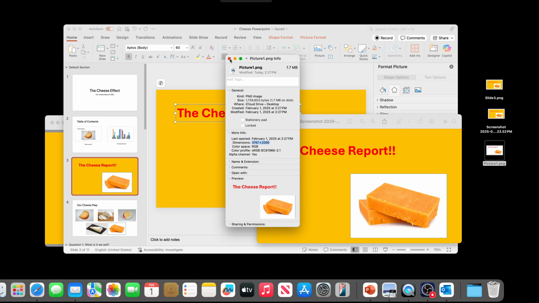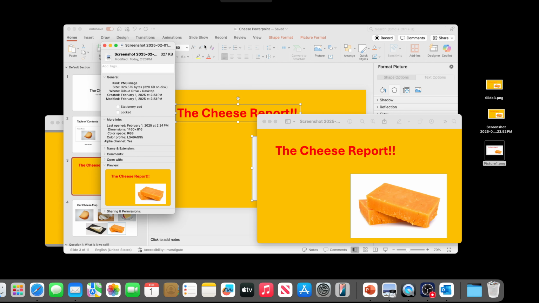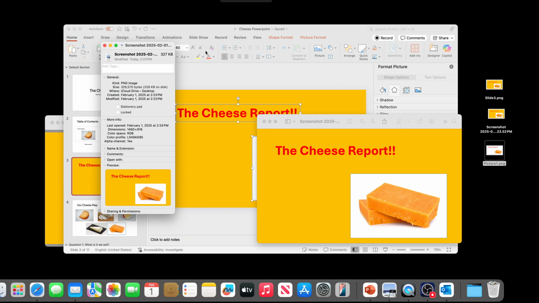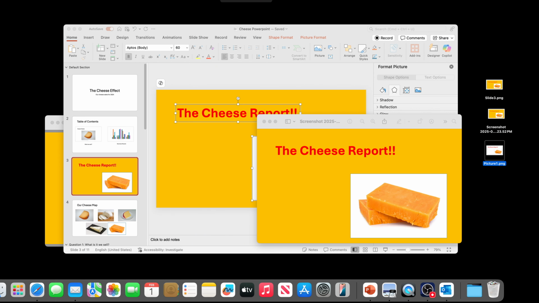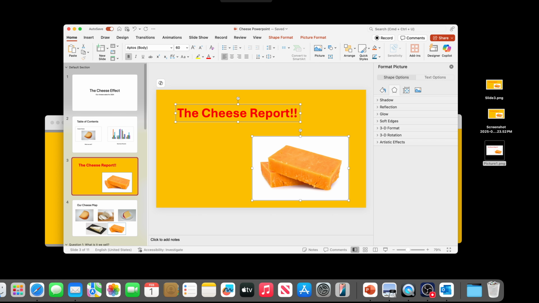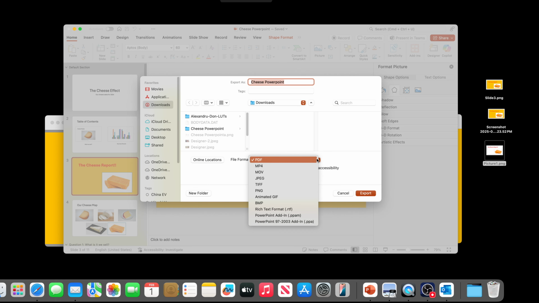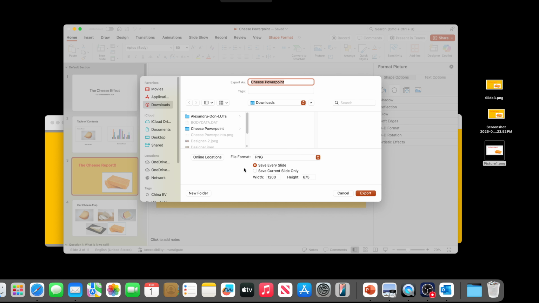Another thing which I think is beneficial as well: sometimes you might be looking at a series of images from the PowerPoint you want to share. And if you did screenshots, you'd have to go slide by slide by slide, select each individual one, copy it and go back. You might get it wrong, you might have to do it again. One of the things you can do inside PowerPoint is go back to File, Export, and instead of PDF, I can choose PNG. And I have the option of saving every slide versus the current slide. So if I choose every slide and hit export,